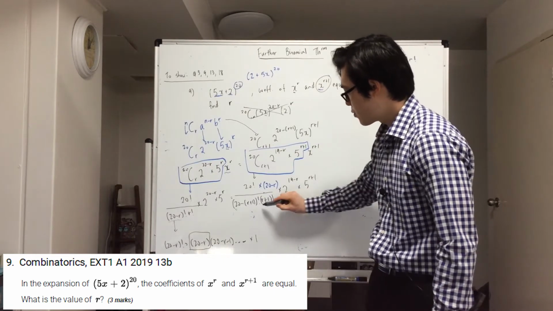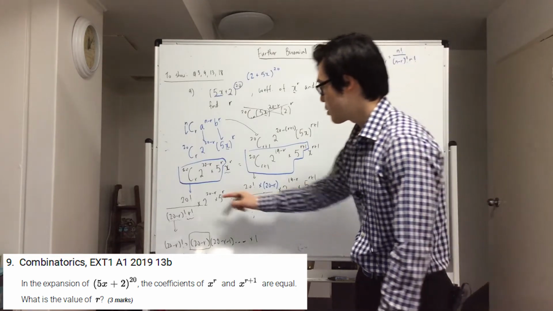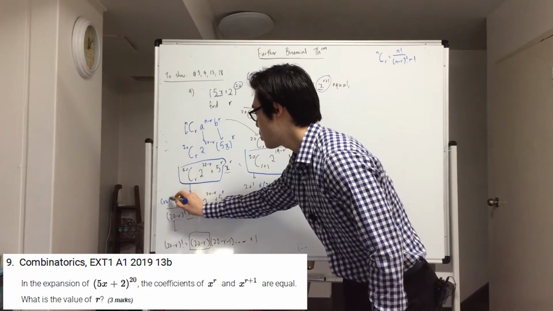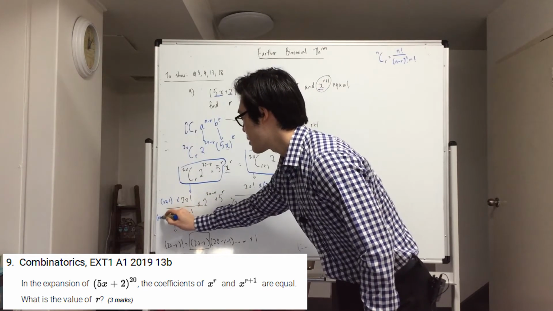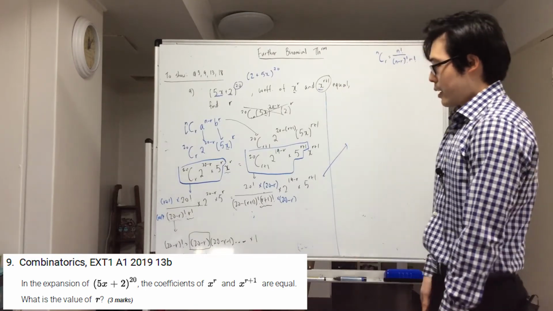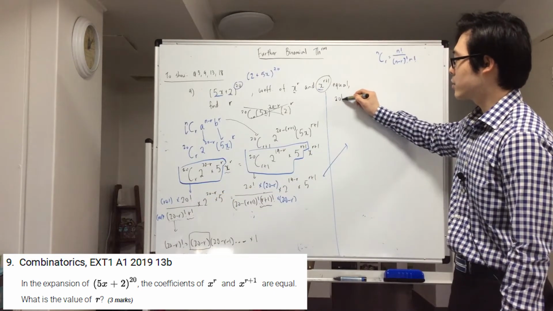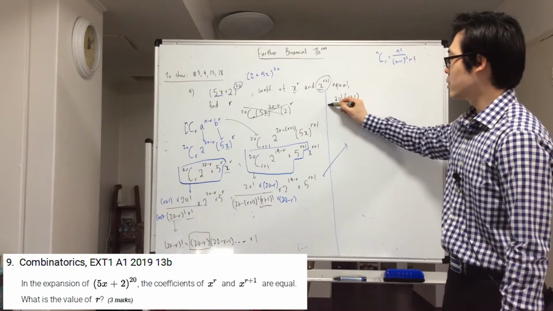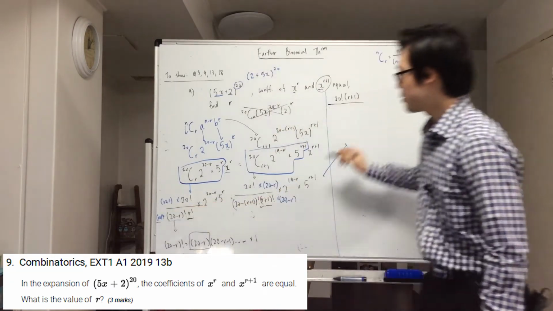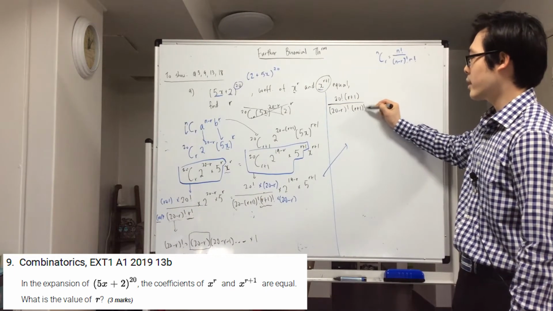Let's have a look at these two denominators though. Which one's bigger, r factorial or r plus 1? Obviously r plus 1, so on this side of the fraction I need to times the top and bottom by r plus 1. Okay, so if I do all that, on the left hand side I get 20 factorial times r plus 1 over these two combined. I'll write the 20 minus r factorial first, is now r plus 1 factorial put together,